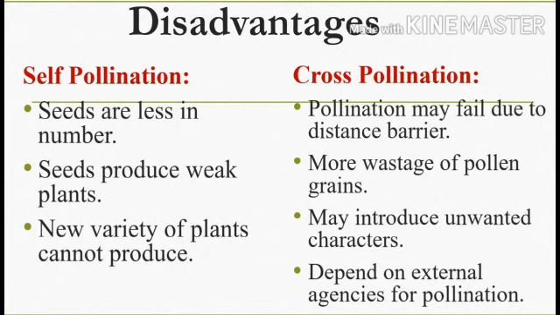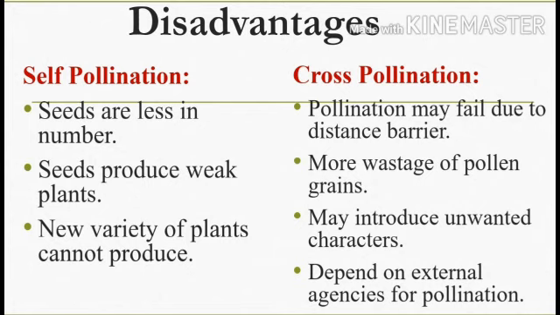The disadvantage of cross-pollination is that pollination may fail due to a distance barrier, because the pollen grain is transferring from one plant to another plant. So there will be a distance. Because of that, pollination may fail. And there is much wastage of pollen grains. More pollen grains will be wasted because of cross-pollination, it may also introduce unwanted characters, and it will always depend on external agencies for